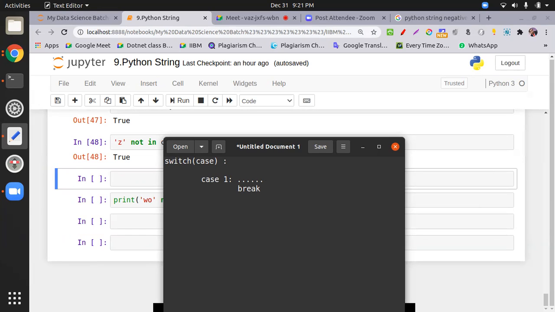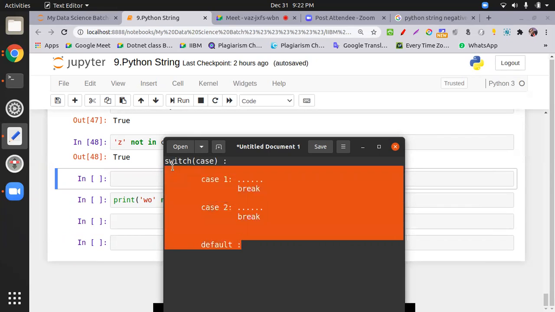ताकि ये चीजें ब्रेक हो जाएं, यहीं पे एग्जिट हो जाए। फिर इसी के सीक्वेंस में केस टू आता है, केस थ्री। मीन्स जो आप यहाँ रख रहे हो, अगर आप एबीसीडी रख रहे हो तो आपको यहाँ पे एबीसीडी रखना पड़ेगा। और लास्ट में अगर किसी भी केस से मैच ना हो तो डिफॉल्ट आता है, जैसे एल्स होता है। इसके बाद आपका स्विच क्लोज हो जाता है। तो यहाँ पे जो इफ एल्स इफ एल्स होता है उसका रिप्लेसमेंट स्विच मान सकते हो।